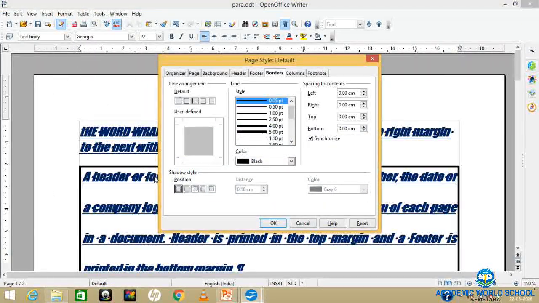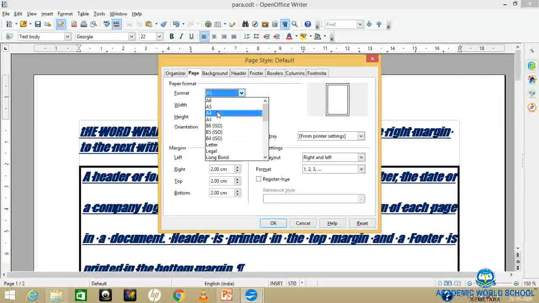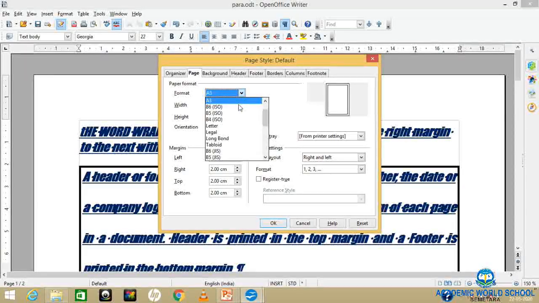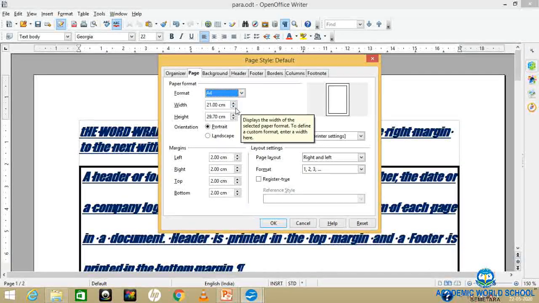And now the next one is page formatting. So what does page formatting mean? Making settings for the page design and layout. It can be page size, page orientation, margin of the page, that will be called page formatting. In this we are going to discuss how we can set the page, how we can set the margin, how we can set the page border.